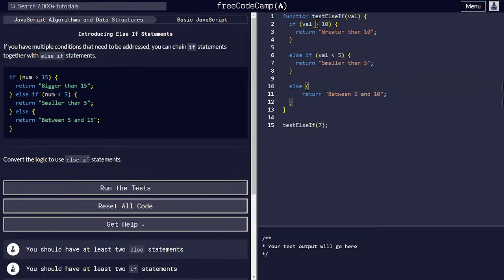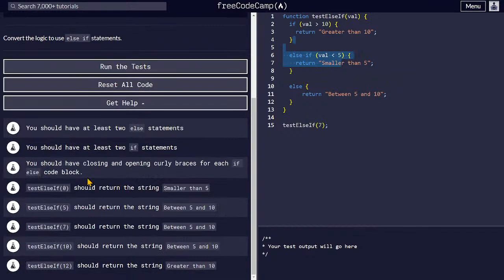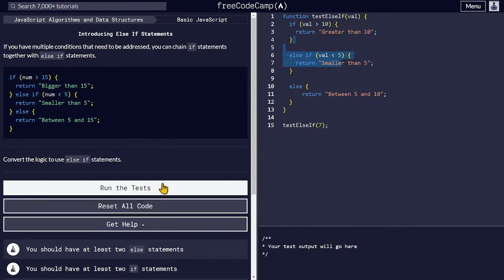So if value is greater than 10, then 10. If value is less than 5, then smaller than 5. Then in all other conditions, value is between 5 and 10. So these are the conditions. If we run the test,